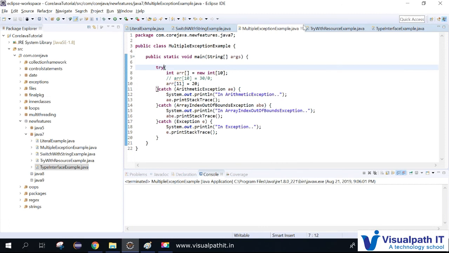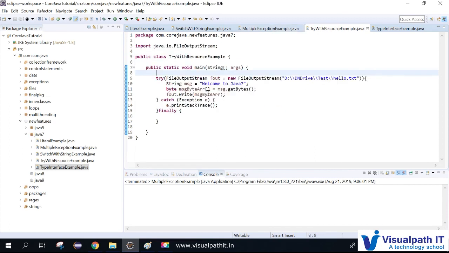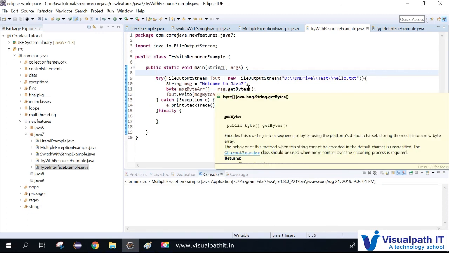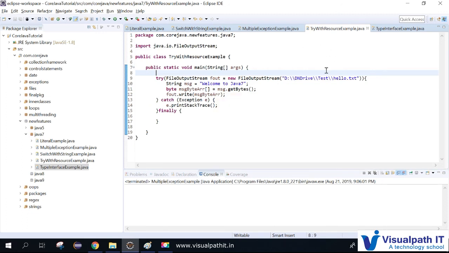Also we saw try with resources, where before Java 7 we used to code try catch like this. The try block will not allow resources like file resources and all. Here with Java 7, try with resources allows you to give streams and all. It will automatically take care of closing the streams, so you don't need to particularly take care of writing a finally block and closing the streams. You don't need to do that.